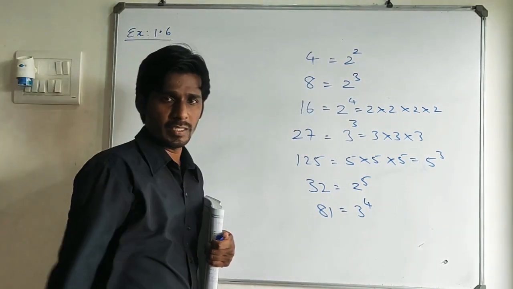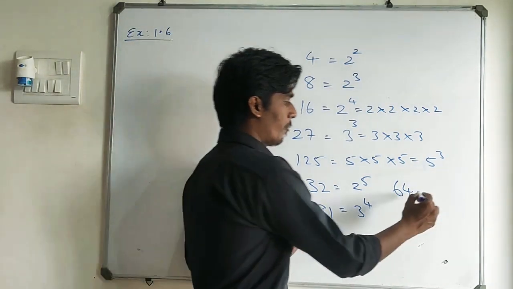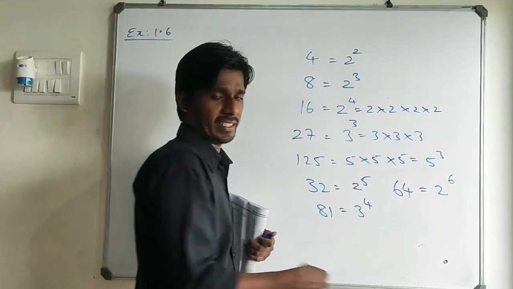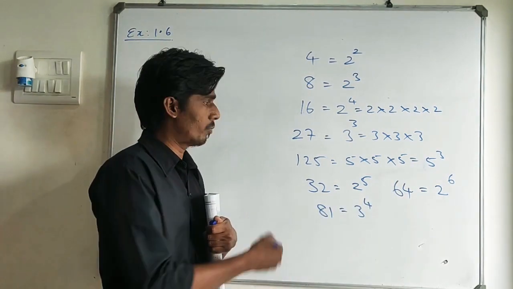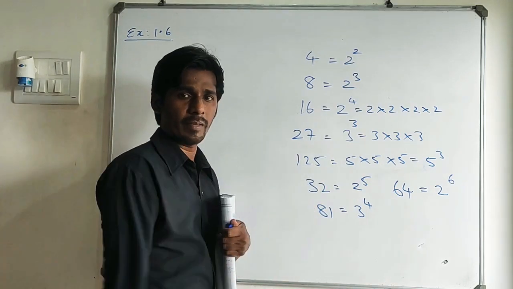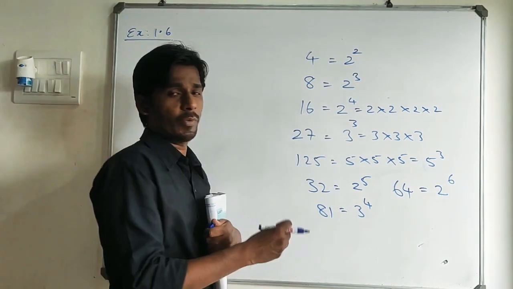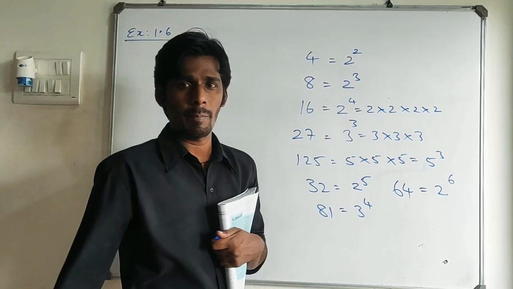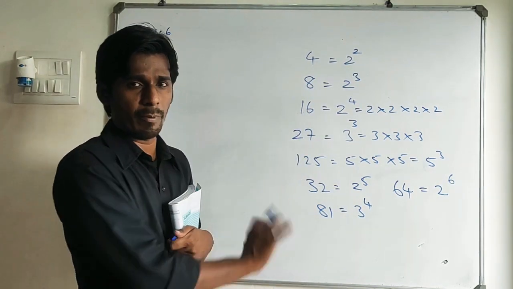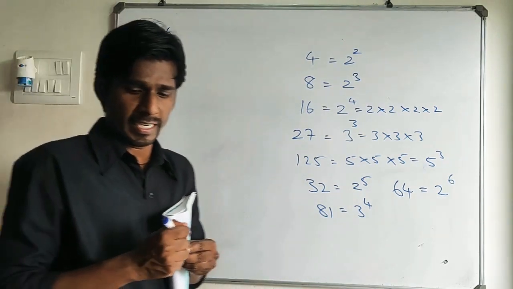Similarly, many numbers are there. If you take 64, it's a power form of 2, 2 raised to 6. तो ये सब तुम्हें प्रैक्टिस करते करते आएगा. More you practice, more you get the new numbers, तुम्हें पता चलेगा कौन से नंबर को किस पावर फॉर्म में कन्वर्ट करना है. फिर भी नंबर को देख के you should have to strike which number I have to take in a power form. These are a few examples. Now based on such type of example, we are going to start exercise 1.6. Let's start with the first question.